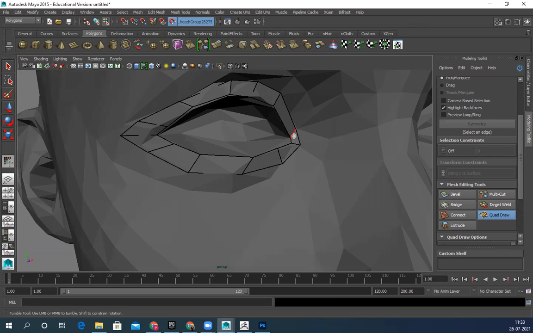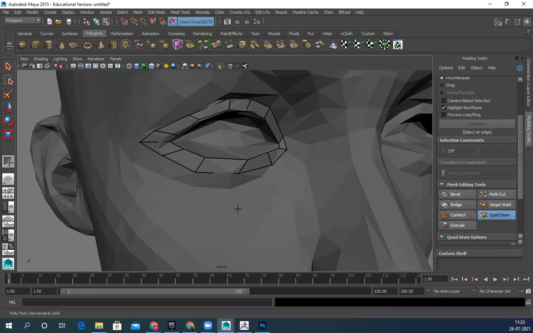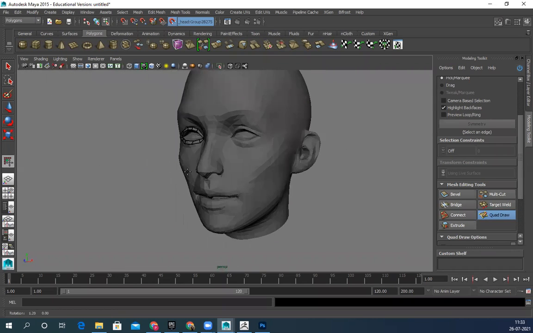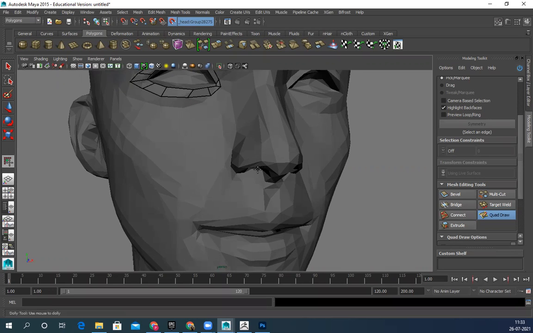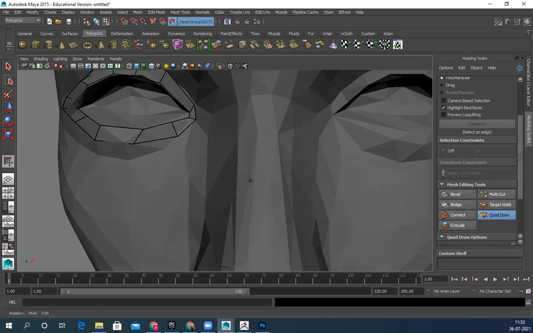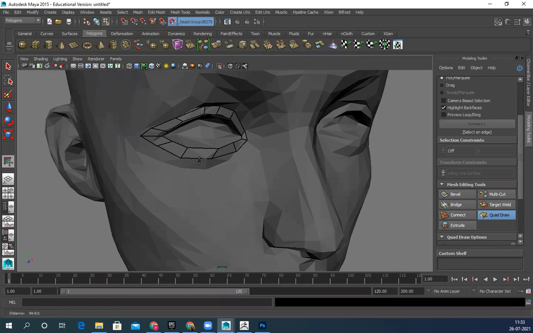So yes, you cannot just connect these two. This is a single line, but this loop should follow like this. This entire polygon should follow like this. So one polygon here, and for some strange reason my symmetry is not working. I don't know, but if you try Maya 2019, 2020, 2021 or 2022, it will work beautifully. But make sure you do not delete history or anything. Just create your file and then optimize it. So one eye loop is ready.